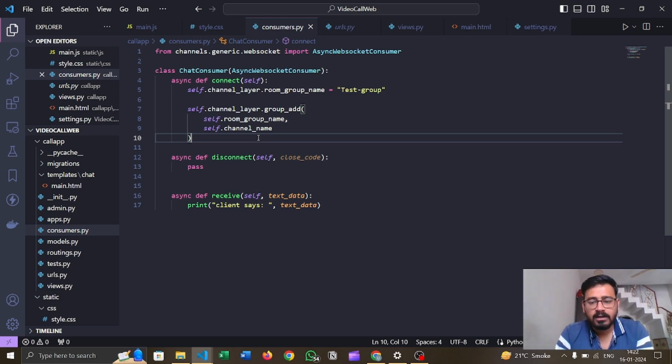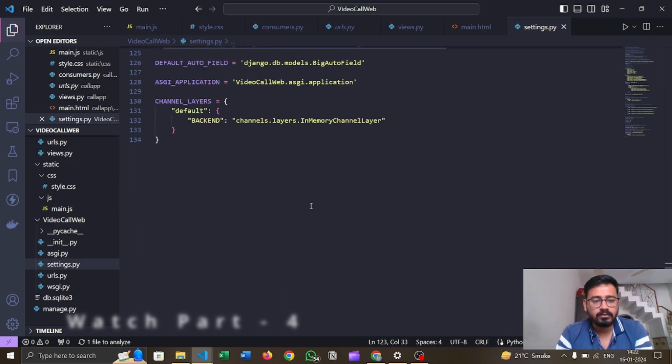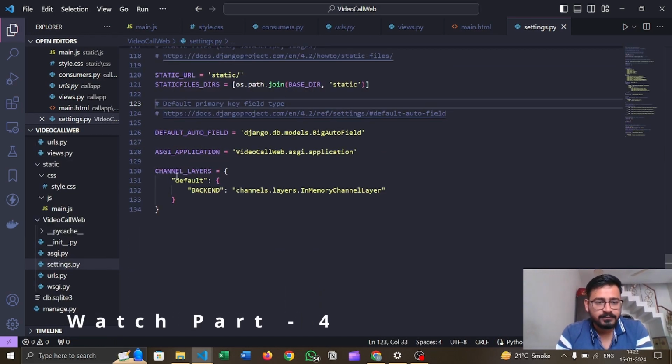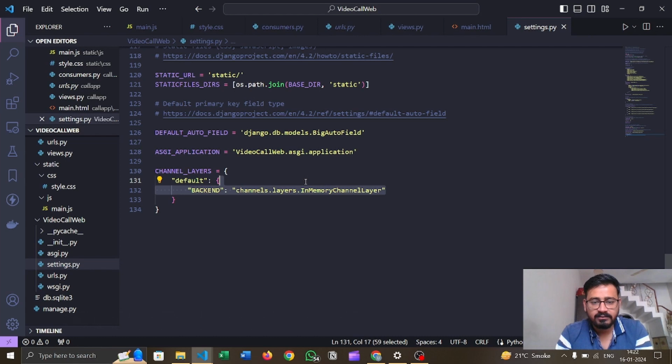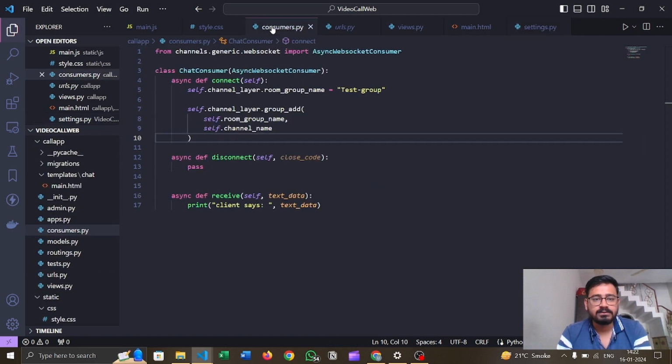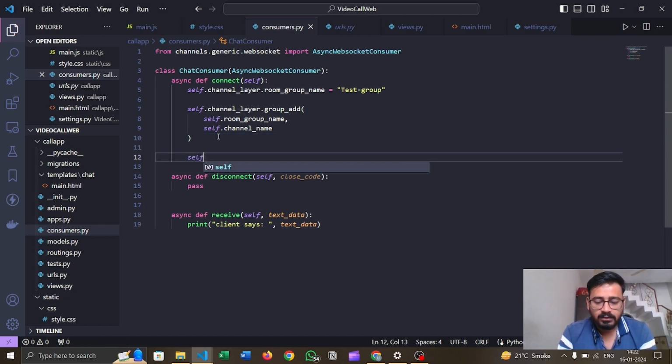channel layer. Now what is that Django channel layer in memory? For that you will have to watch the previous videos, where I have explained what this memory channel does. Okay, so in consumers.py we have added the channels into the group,